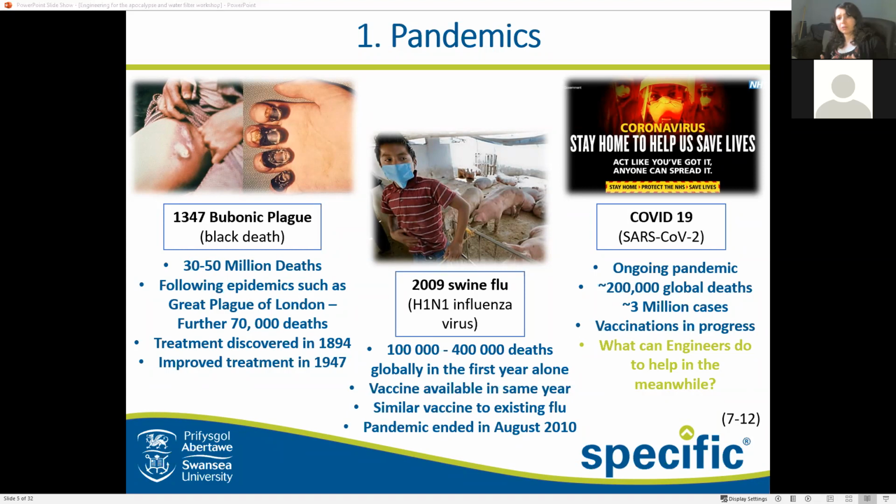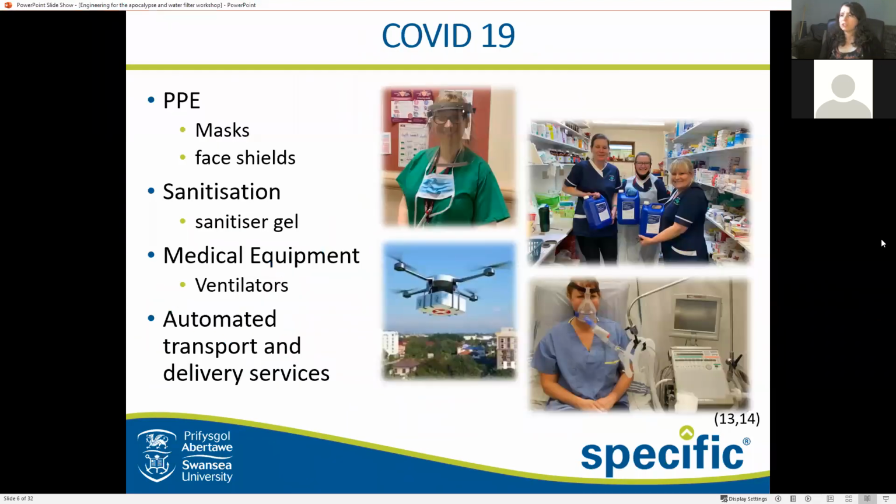However, to try and minimize this in the meanwhile, there are ways in which engineers such as myself are currently doing our best to help not only those who are ill, but also help our fantastic emergency services. So, COVID-19, what is it that we are doing? Even just at my university, most of these things are currently being looked into or done. So I myself have been working on face shields and creating hand sanitization gel,